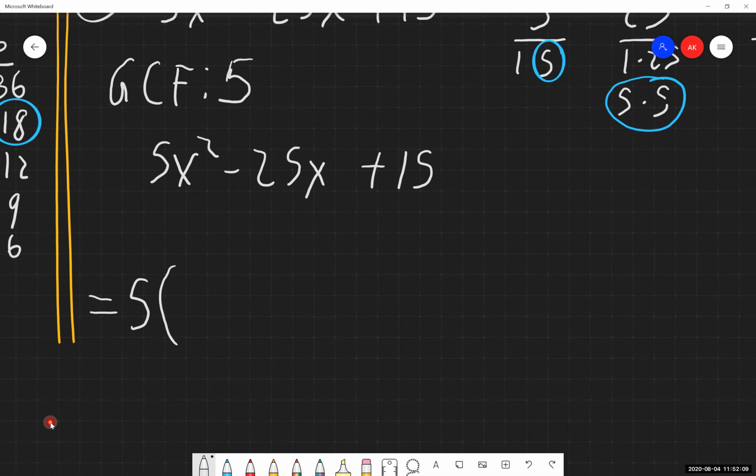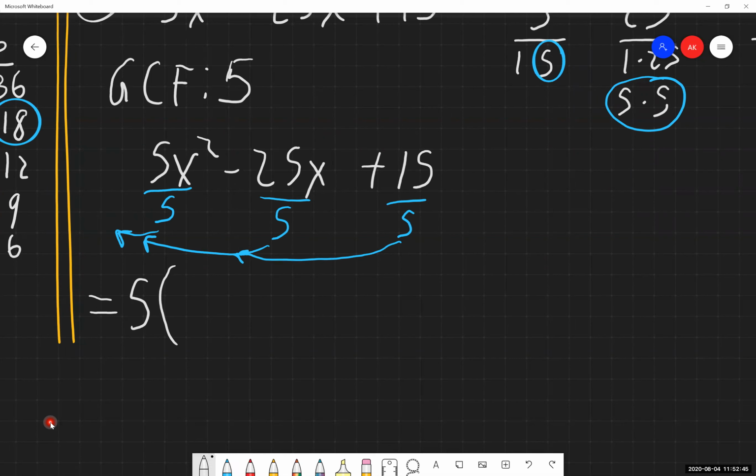So if you're going to do this process, I would say write out the original problem in a line like we have here. Directly below it, write it out as 5 and a parentheses because we're going to have everything that's left over inside here. And what we're going to do for ourselves is say, what happens when I have 5x squared and I divide out a 5? What happens when I have 25x and I divide a 5? What about 15 and I divide by 5? Because that's essentially what we are doing by bringing a 5 out from each of these terms.